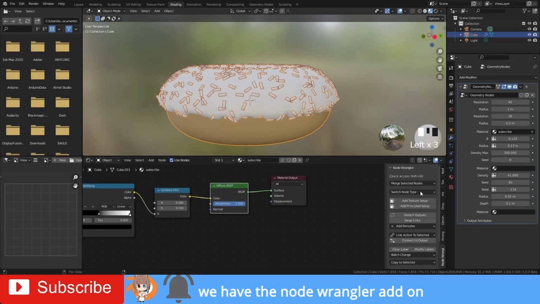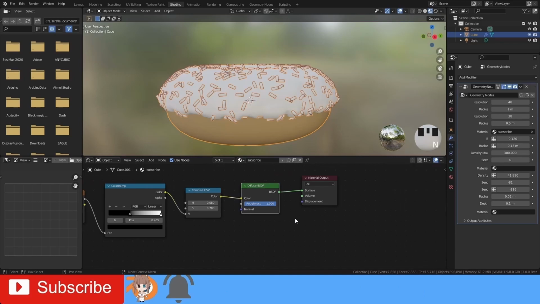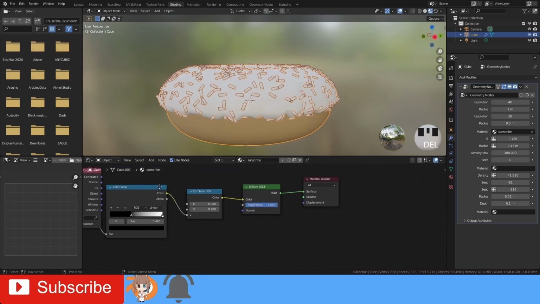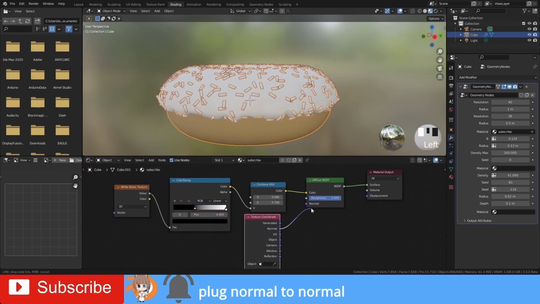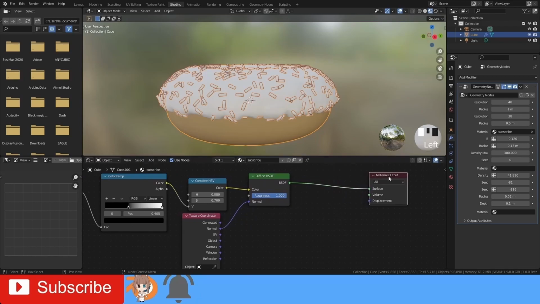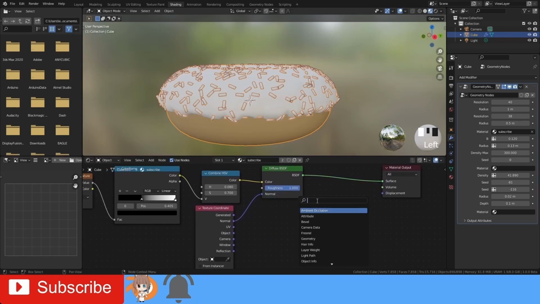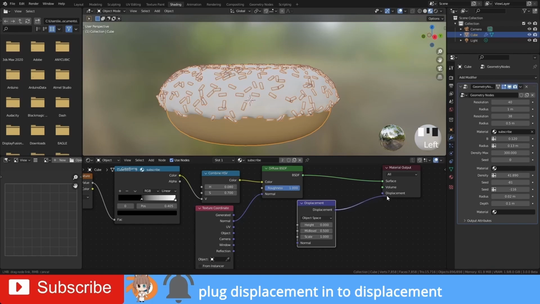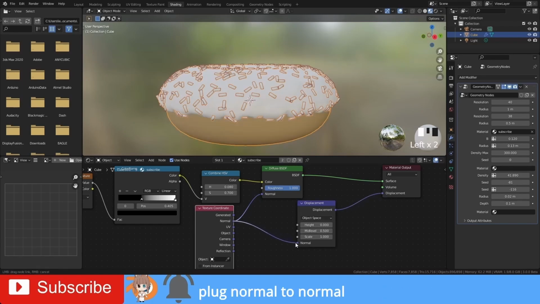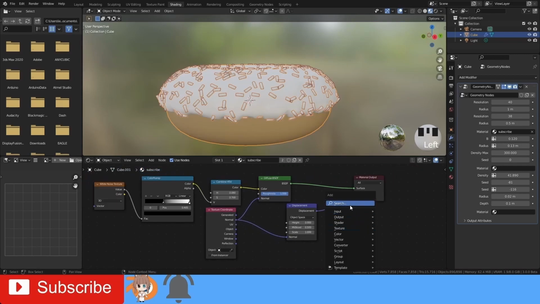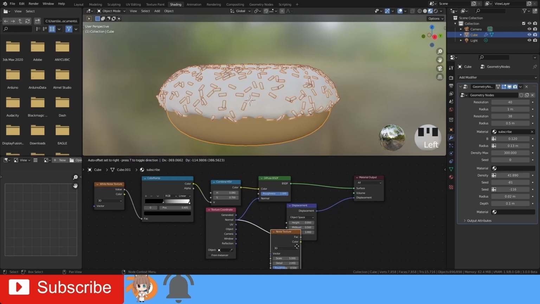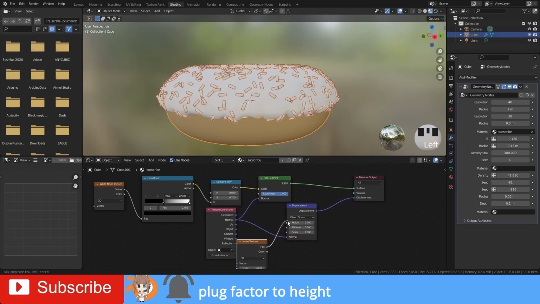If you have Node Wrangler on, connect it to displacement.